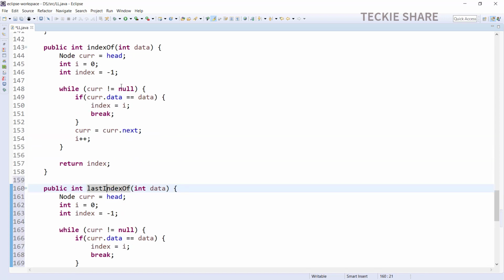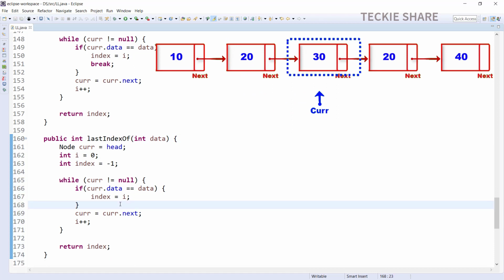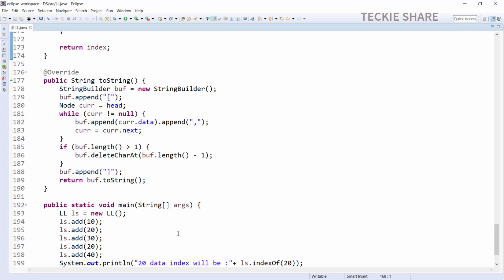Here the logic difference is that in the indexOf method, once you find the data, you simply break the execution, right? Instead of that, you verify all the data until your list ends. Once you find the data, you simply update the index position, but here you won't break the execution. You just verify all the data until the list ends. Again the data will be found at index 3, so 3 will be updated in our index field. Once our list is empty, the loop will exit. Now the index position will be 3, so it will return 3 from this lastIndexOf method.